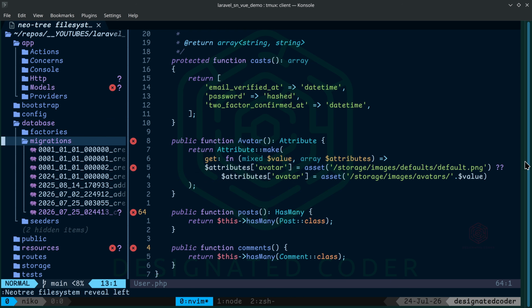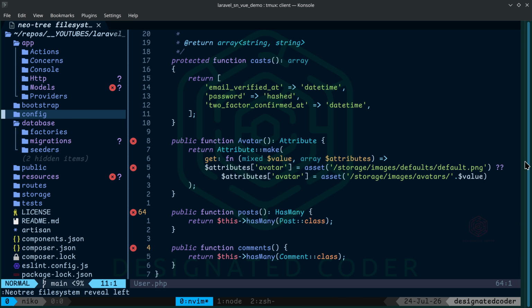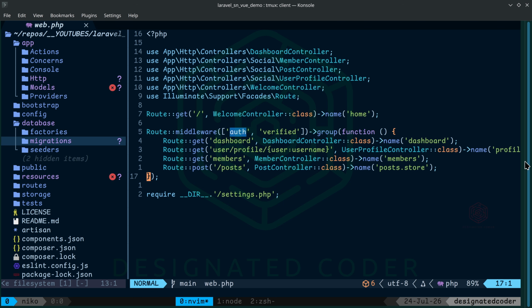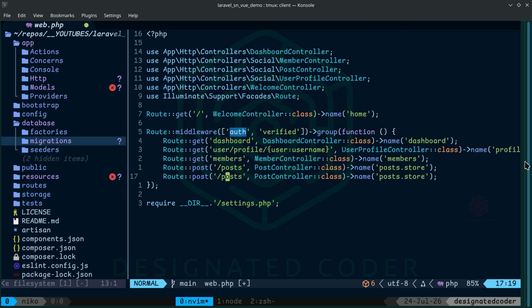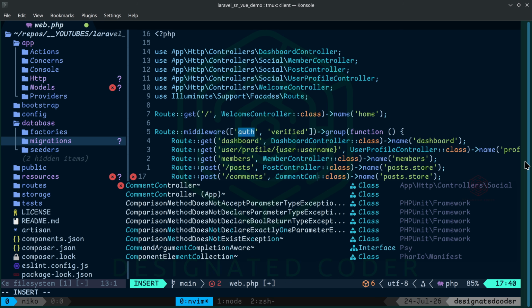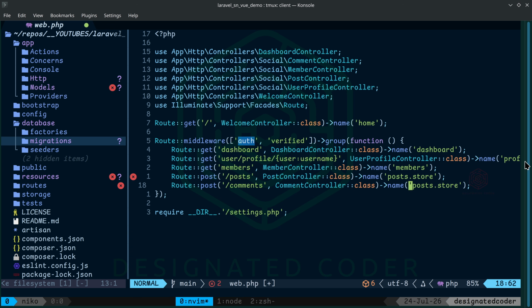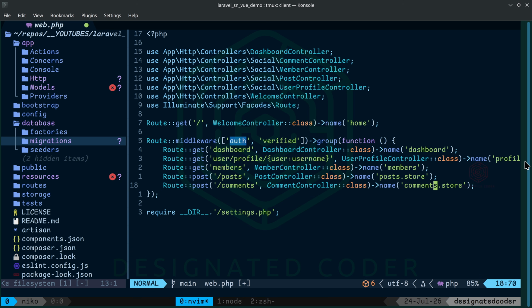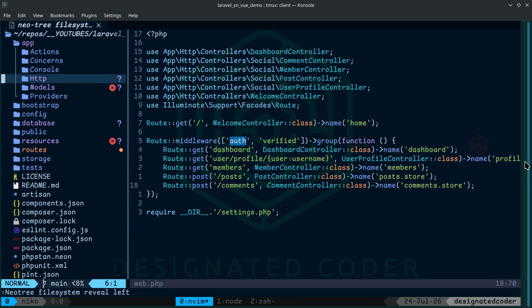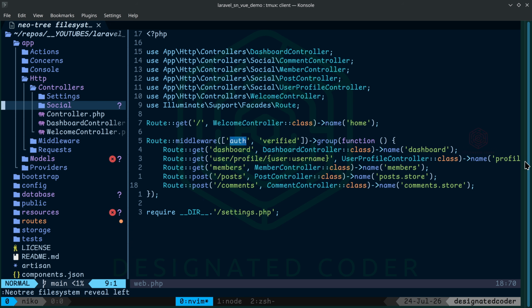You can close this up, close that up, and then let's work on the route. It's going to be here. We'll say comments, comment controller, comments store. Our web route is done. Our relationships are done. Let's go ahead up to the controllers, and